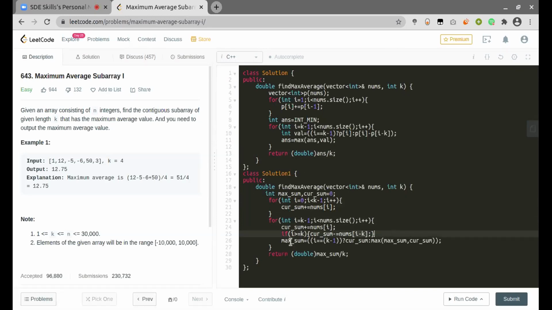If I am at the kth index itself, I'll first take it as my current sum. Otherwise, if I am beyond my kth index, I'll take the max of the current sum or the previous sum. Then I return the typecasted max sum divided by k. So here we optimize our prefix sum approach by using the sliding window and get rid of the extra linear space.